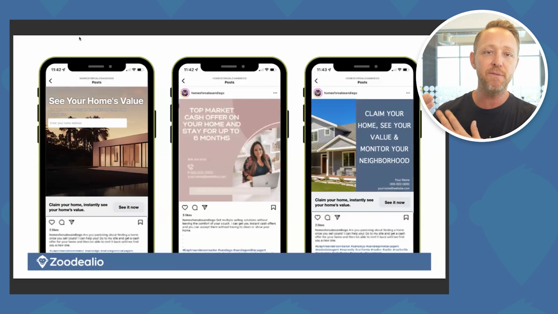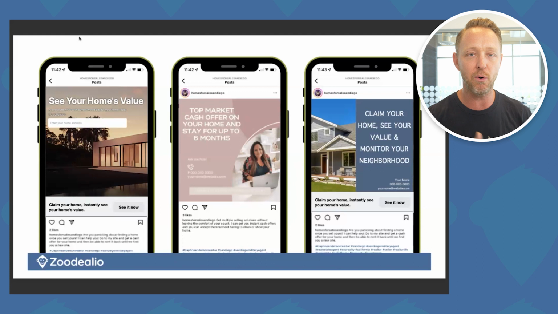These are the different value propositions where people are wanting to see this. There's a lot of really cool things that we have here, right? So claim your house, see your value, and monitor your neighborhood. Everybody's always curious about their neighborhood. They want to see the nosy neighbor and all of those pieces. So once that piece comes in, this is one way to get them to register. They of course click, it pulls them in there, and they'll be able to register and get into the offer dashboard, right? That's part of that funnel.